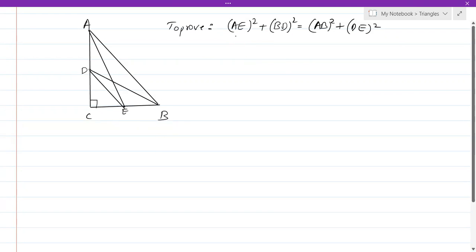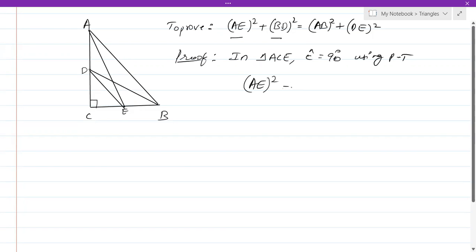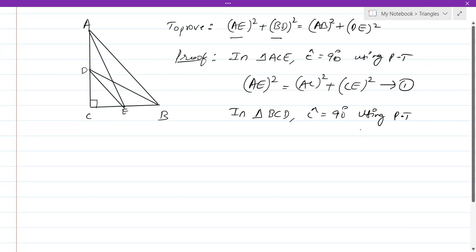So we'll consider the LHS, same pattern. We'll find AE square first, then BD square, then let's add them. Okay, so proof. First let's find AE square. For that, I'm going to take triangle AEC, because it is also a right angle triangle and it has AE in it. Angle C is 90. Using the Pythagoras theorem, we get AE square is equal to AC square plus CE square. Equation 1. Now we want BD square. For that, we take triangle BCD. So angle C is 90, and using the Pythagoras theorem,